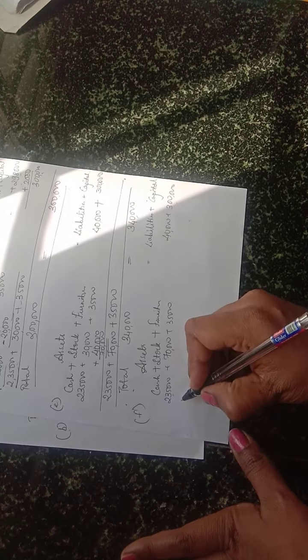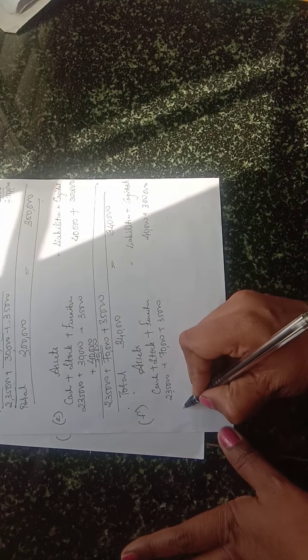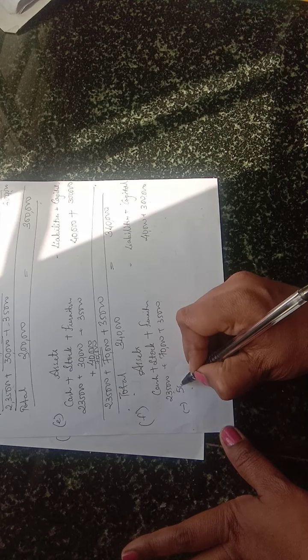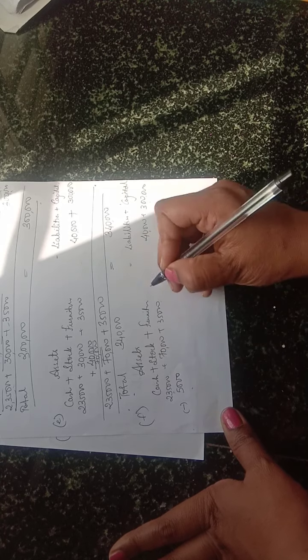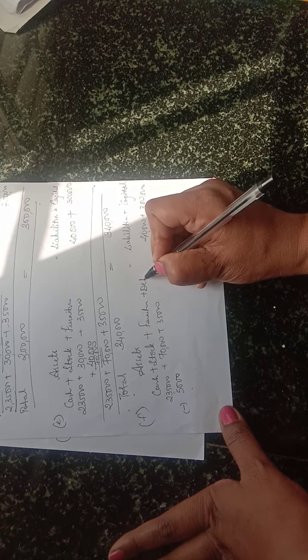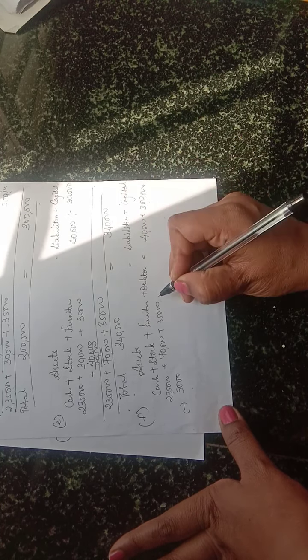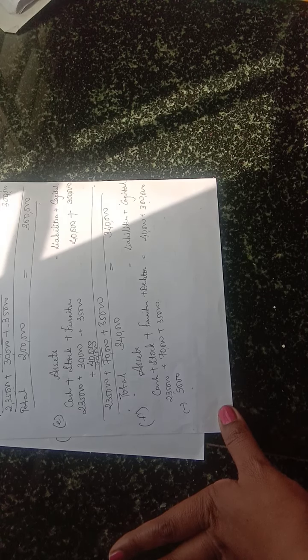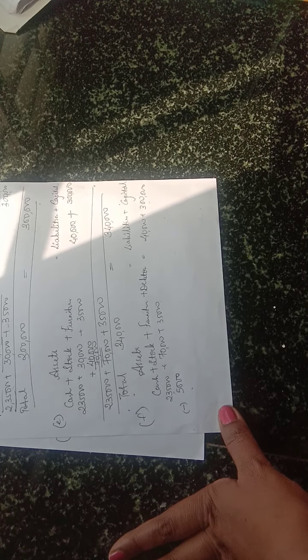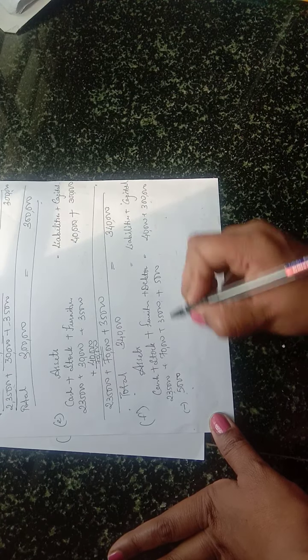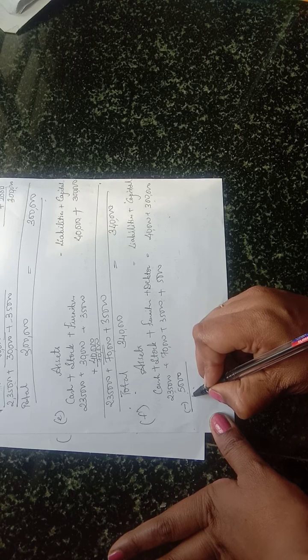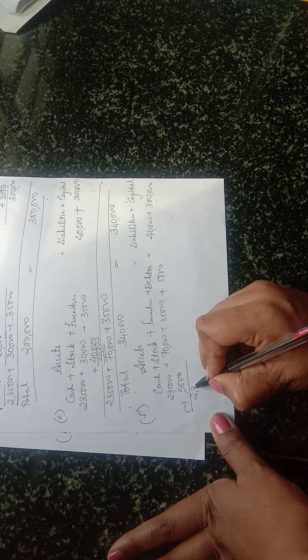Kunal gave loan to Anil rupees 5,000. When you give loan, what happens? Your cash balance is decreased from the business, minus 5,000. Right? So we have given loan, means Anil is our debtor. If we had taken a loan, then creditor comes. Yes. Debtor balance is 5,000. So one minus, one plus. So total cash balance we have is 2,30,000.